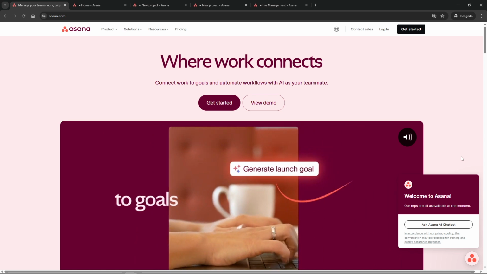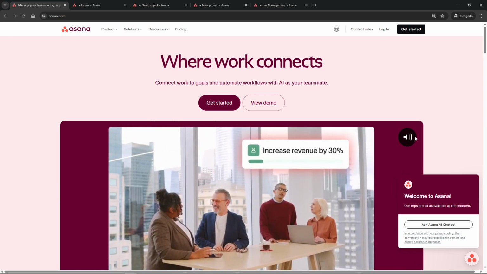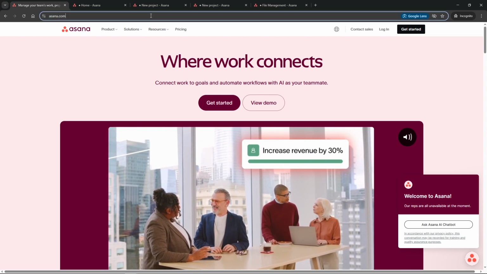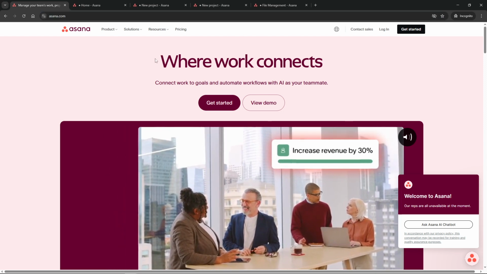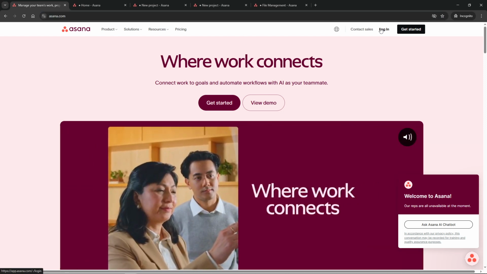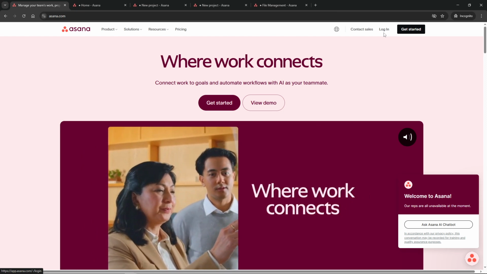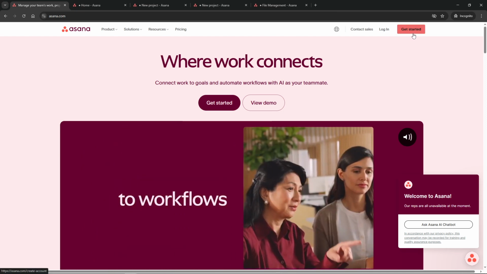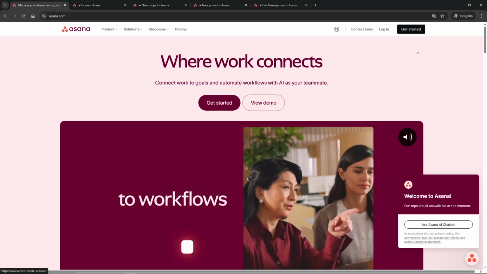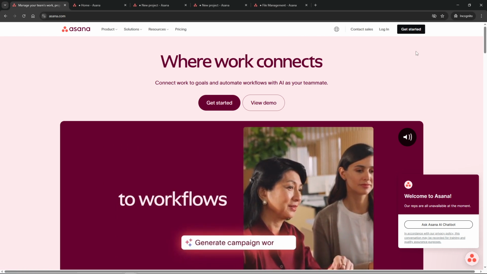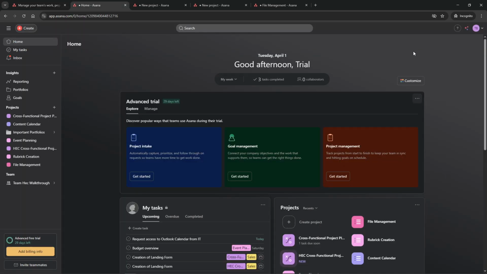To begin, head over to the Asana website at www.asana.com. If you already have an account, simply click on Login to access your dashboard. New users can click Get Started or Try for free to create an account and start experiencing all that Asana has to offer. Once you're logged in, you'll be greeted by your dashboard where you can manage all your tasks